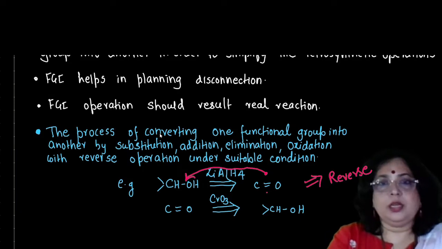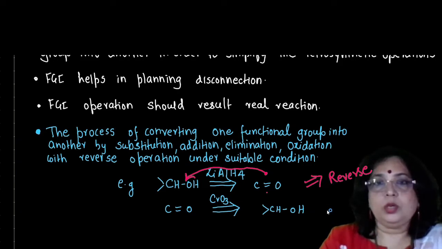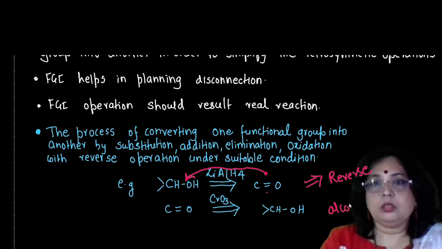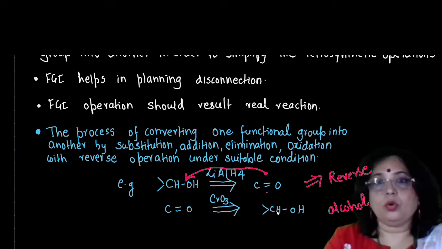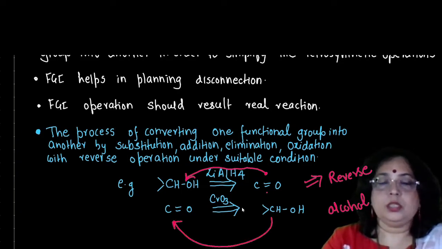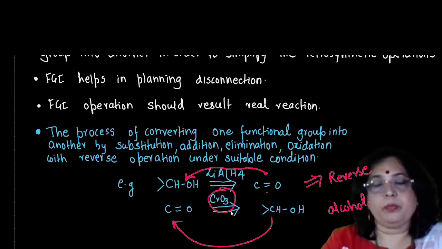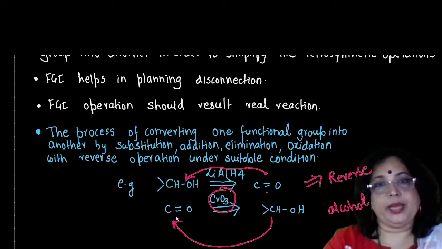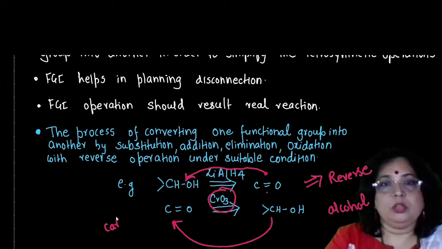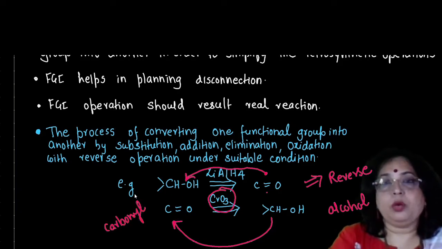Now here the reverse is the case again. Now I want to convert this alcohol into the carbonyl group. So the reverse thought process will be alcohol into CO. What reagent do I need to use over here? That is potassium dichromate or the chromates. Chromates will oxidize the OH group and you will get the formation of the carbonyl group. So these are some points we need to remember.